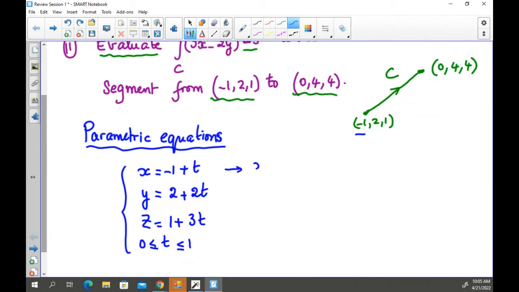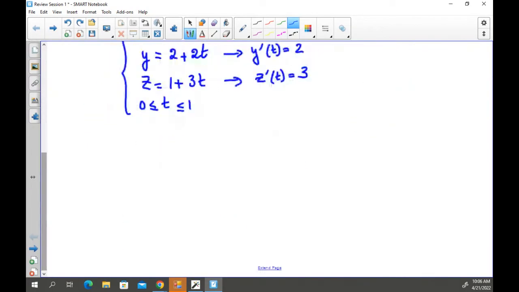We are also going to need x prime. What is the derivative of x with respect to t? 1. We also need to find y prime, which is 2, and we need to find z prime, which is 3. Okay, great. So now we can write the integral